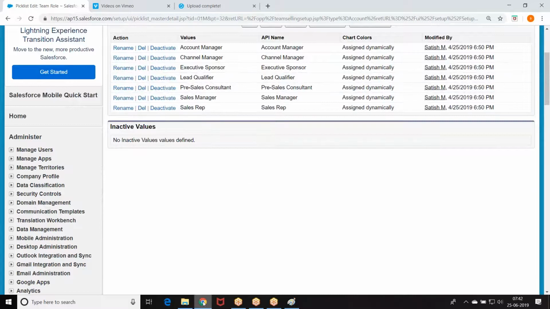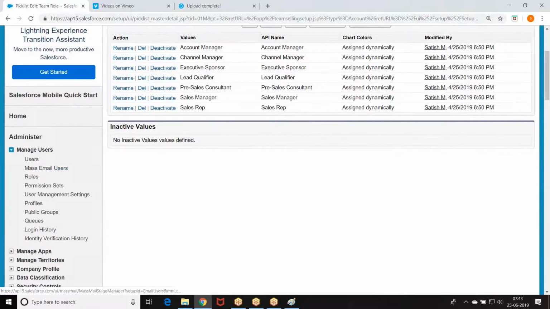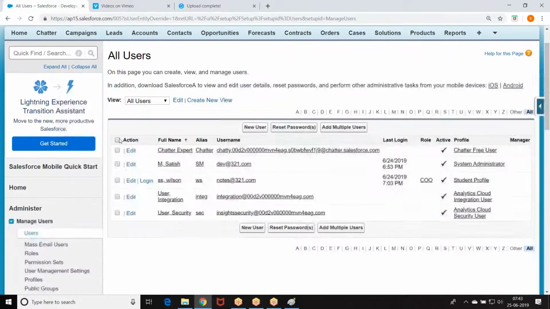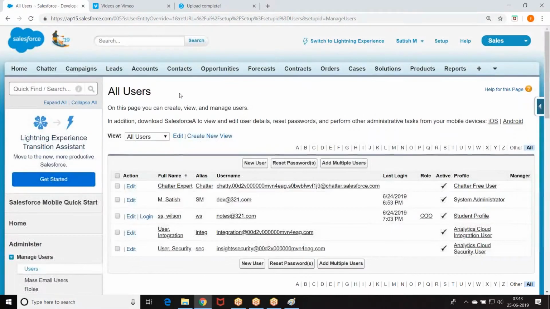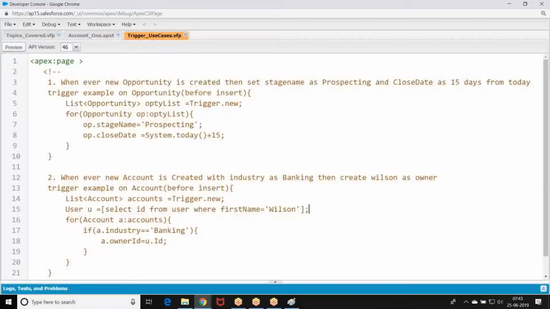Okay. Now, what is our context? Whenever a new account is created with annual revenue more than 50 lakhs, then create Wilson as an account team member and give him the role of account manager. Now, I told you already, at the end of the game, if you are trying to insert a record, it's a DML.